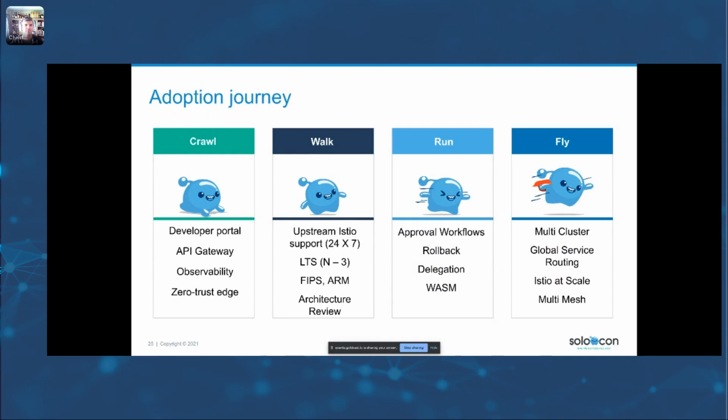We at Solo support Istio and can support it for you in production, apply security patches for much longer than the community will. We have FIPS supported or certified builds. We build for ARM-based architectures, Graviton on AWS, do architectural reviews, and so on. After that, you're probably going to build user workflows on top of this. How do you get services into production and align that with the control of the traffic? How do you extend the data plane, maybe using something like WebAssembly, and then do that across multiple clusters?